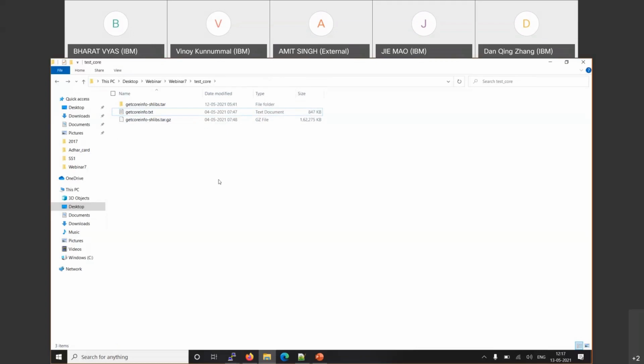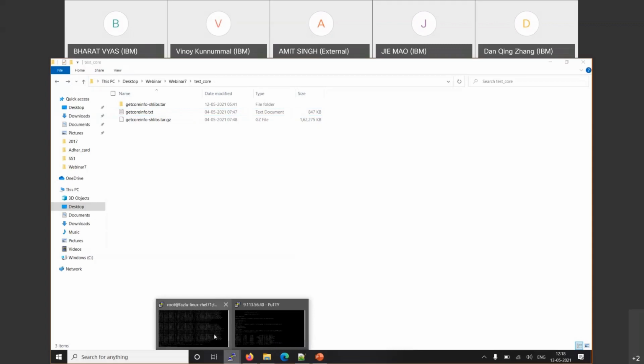Note, a Spectrum Protect server does not always create a core dump file. If you have a configuration issue, let's say your active log gets full, it doesn't mean it will generate a core dump. A core dump will be generated if there is a functional issue or a code issue. Otherwise it won't.